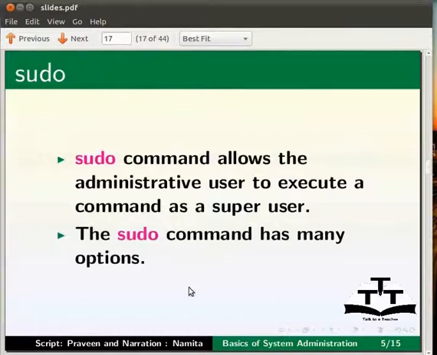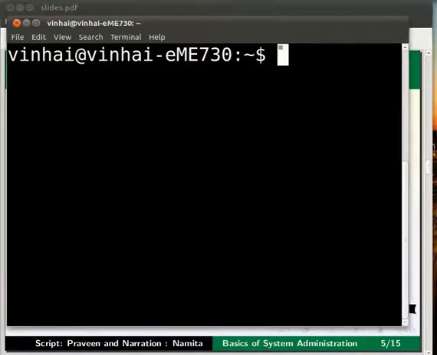Let's now learn how to create a new user. Open the terminal by pressing the keys Ctrl, Alt and T simultaneously on your keyboard. I have already invoked the terminal here.